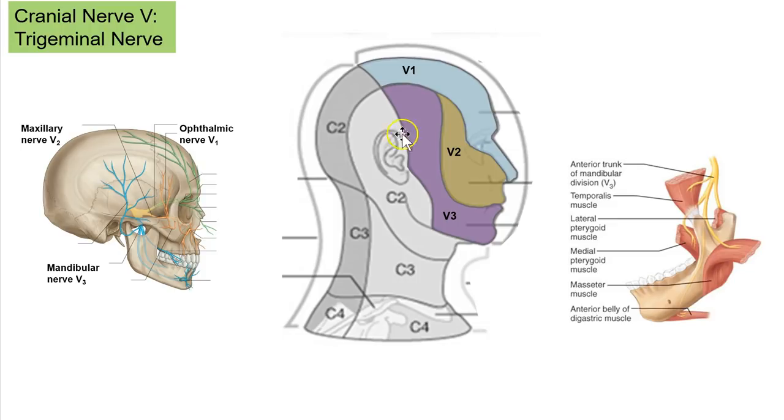Because of all that sensory information from the face, from the head, and from the tongue, note that we have a large bulging of tissue here called the trigeminal or semilunar ganglion. That's this yellow area here. Recall that I said that cranial nerves are simply peripheral nerves, and recall in the periphery on the appendicular skeleton, when we had sensory information coming in through the dorsal root, there was a ganglia called the dorsal root ganglia. Well, this is essentially the dorsal root ganglia for the trigeminal nerve,